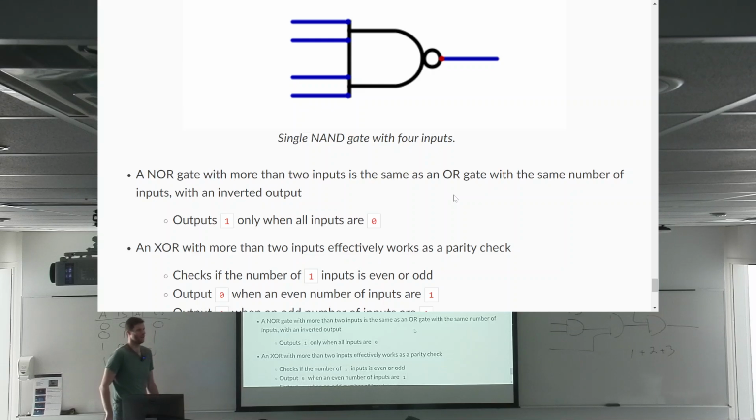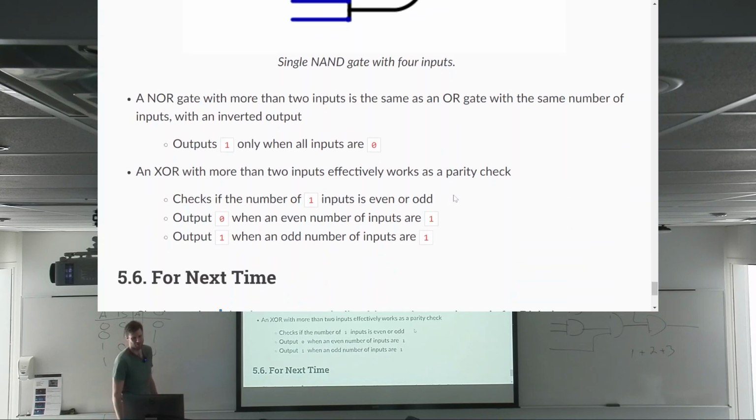Now, XOR is kind of funny. You might think, okay, wait, what would XOR be? NAND is obvious, but what would exclusive OR be with 3 inputs? What should it be? Think about that for a second. It's kind of a funny one. Well, it turns out that exclusive OR, the way we've got it operating, works